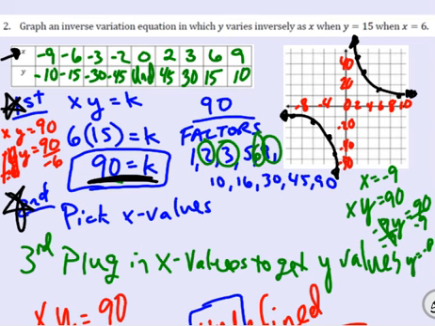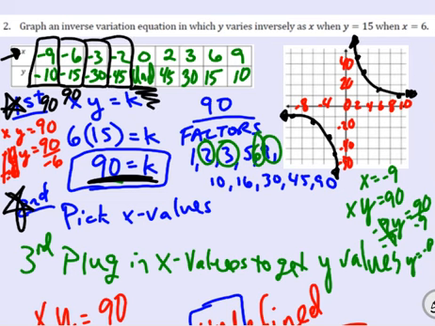And then the third step is plugging it in and making sure, look at this box. Negative 9 times 10 is 90. Negative 6 times 15 is 90. Every one of these is going to be 90 except this 0 in the middle. All right, that's going to be your wild card. That's that undefined. That means, hey, these values don't cross over, all right? So play with this idea of things being inverse